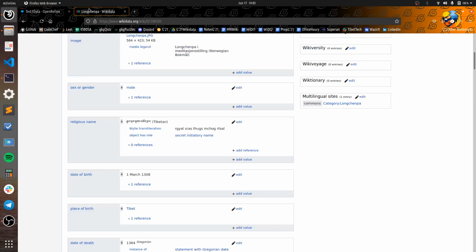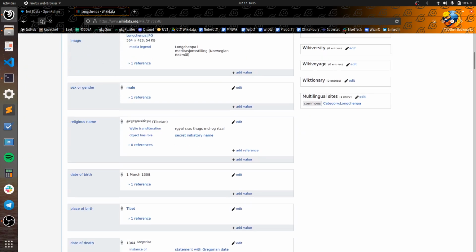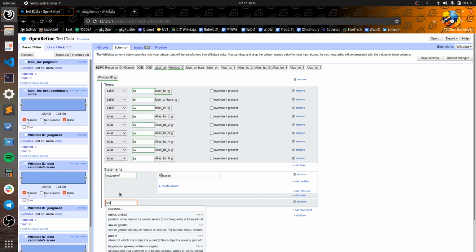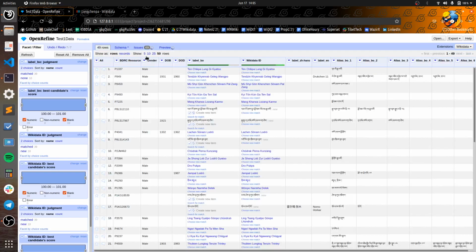Now I'll be trying to copy our standard Wikidata entity, so we'll need the gender of the person, for which we'll find the entity here, and we have to drag the reconciled column, so we'll go ahead and reconcile our genders column which needs to be uploaded.